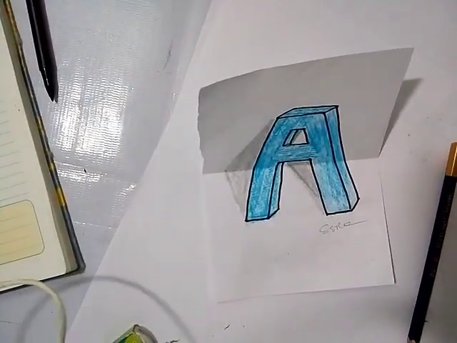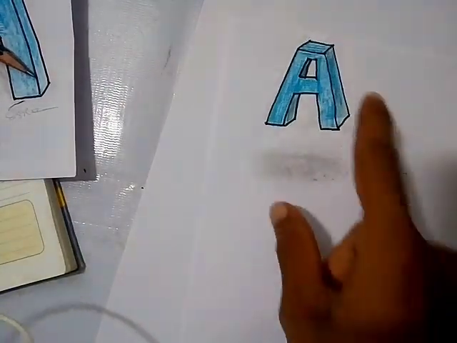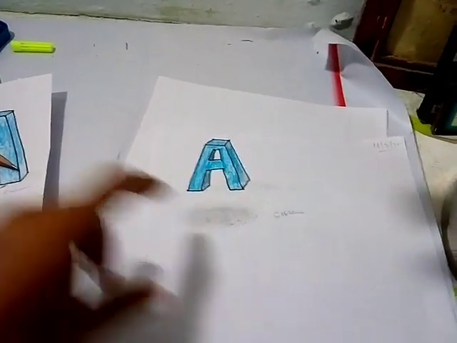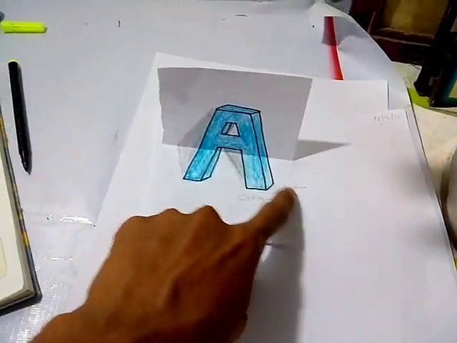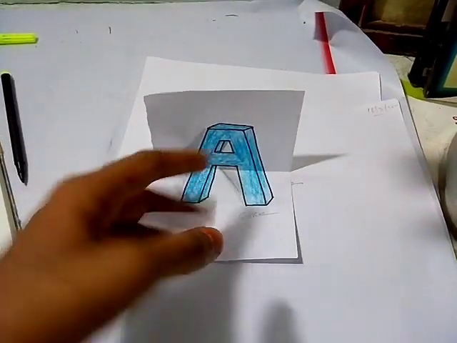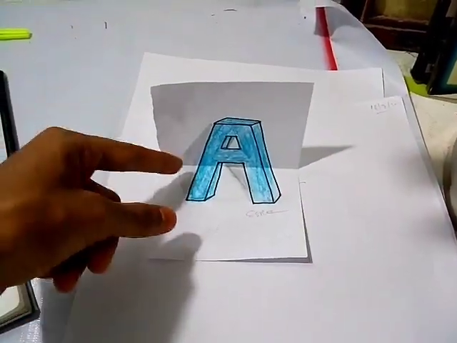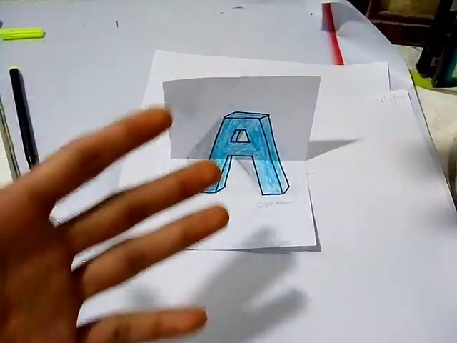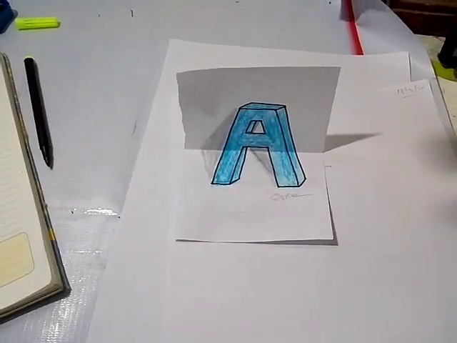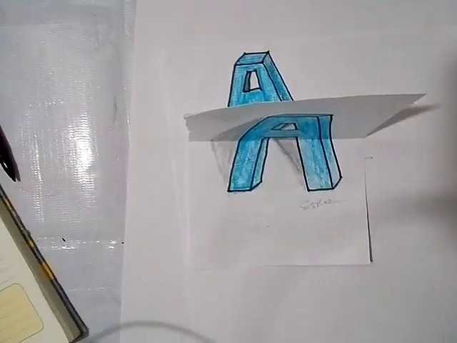So we have finished six types, not five types. The first one is this shadow with shadow, and next levitating, and the third one is paper folding, shadow. I have given shadow here. Fourth one is levitating for this paper folding. Fifth one is giving shadow on the horizontal plane and vertical plane. And sixth one, without giving shadow also, in paper folding you get the 3D effect of the alphabets. These are the six types.